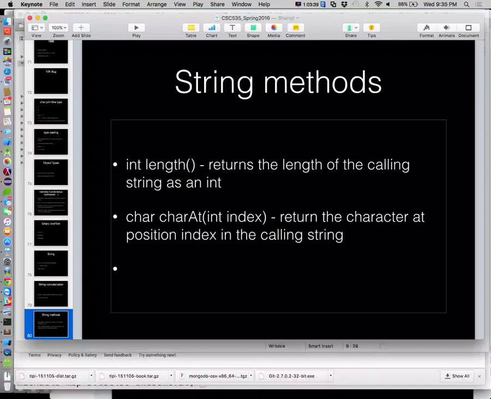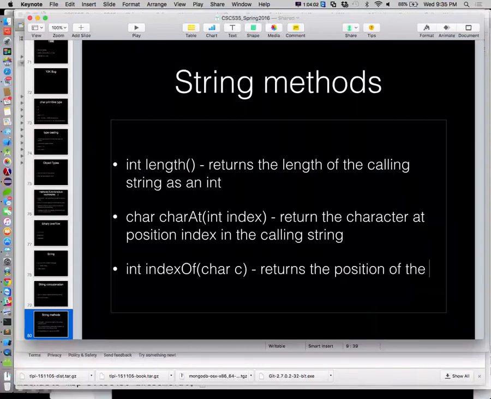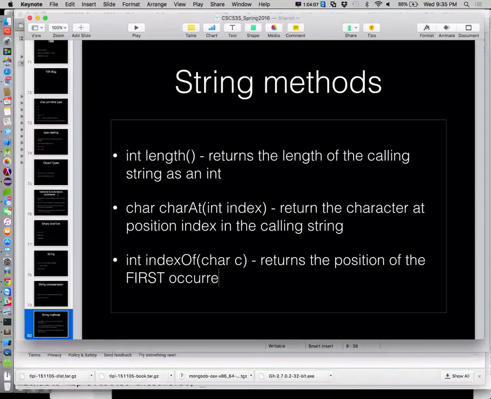We have another function that returns an int called indexOf that takes a character as a parameter. This returns the position of the first occurrence of c in the calling string,